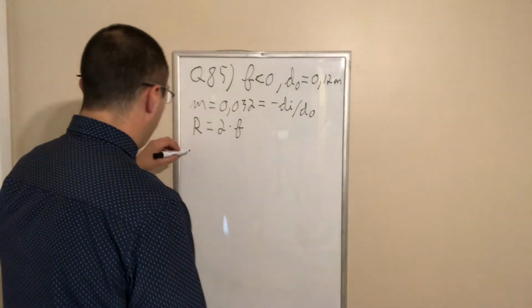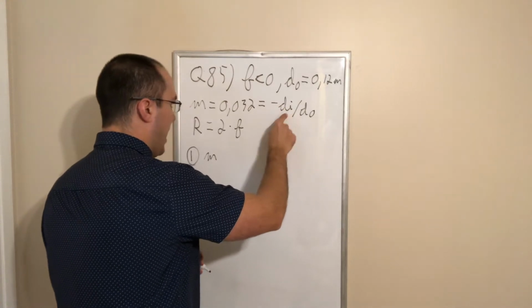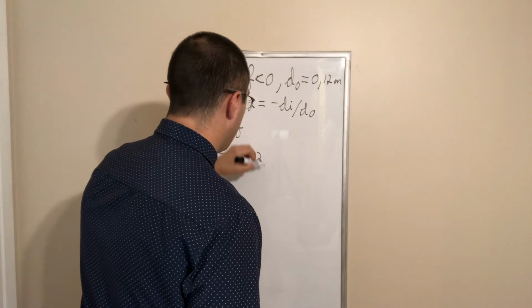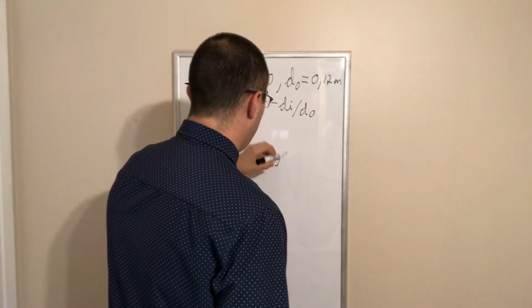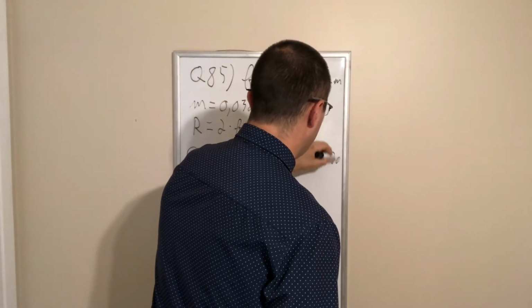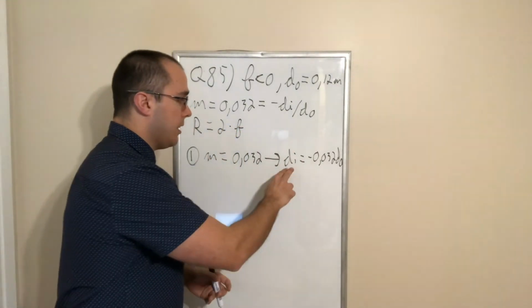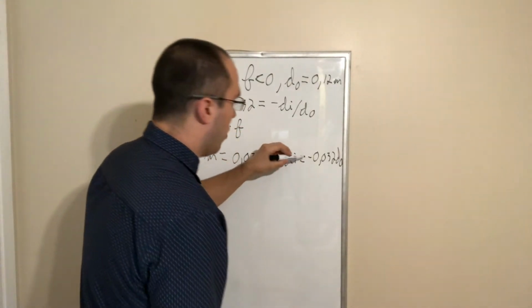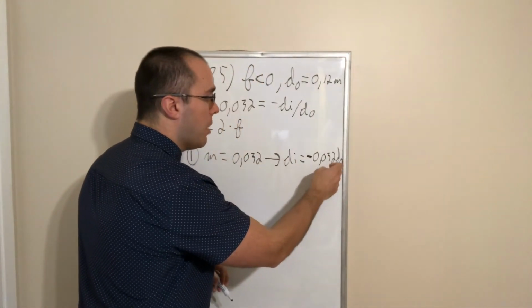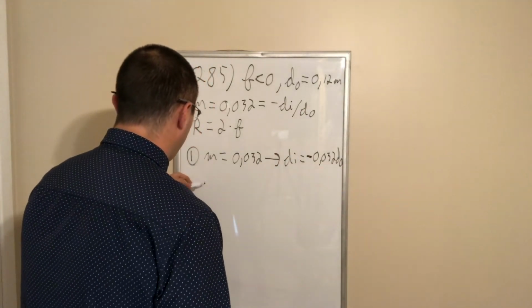Okay, so let's start with the first step. We want to isolate a relationship between the distance of the object and the distance of the image. All right, so what we have here is that the distance of the image is equal to minus 0.032 times the distance of the object. If we take that value and plug it into the distance formula,